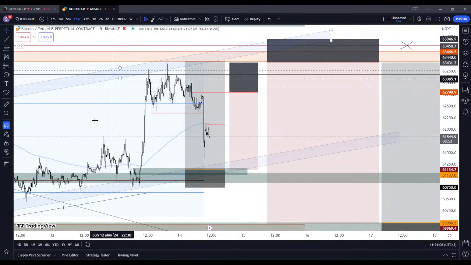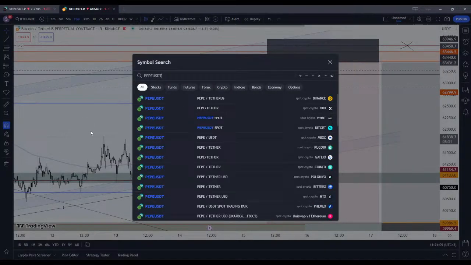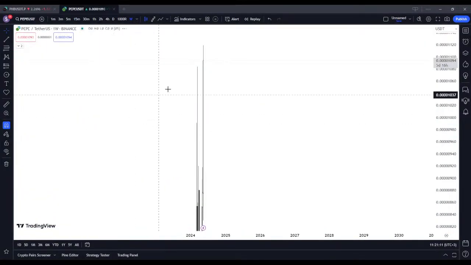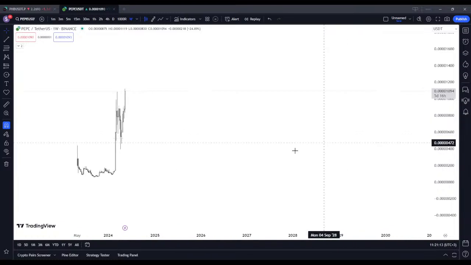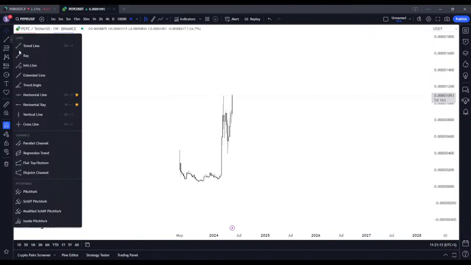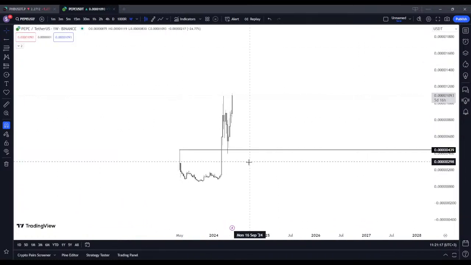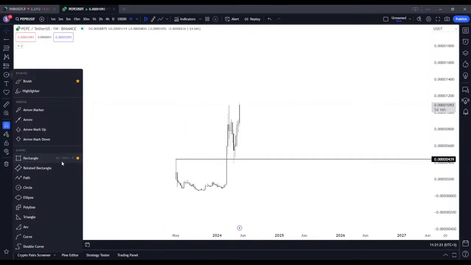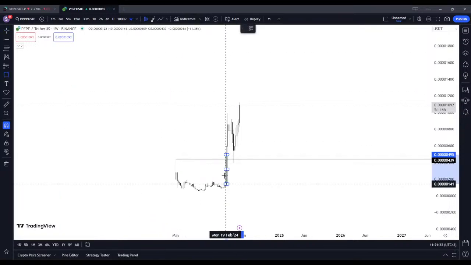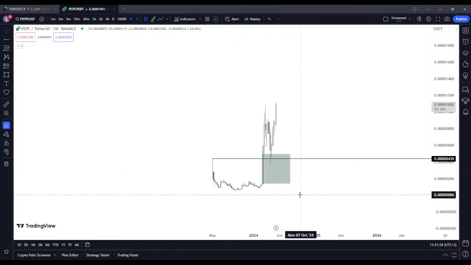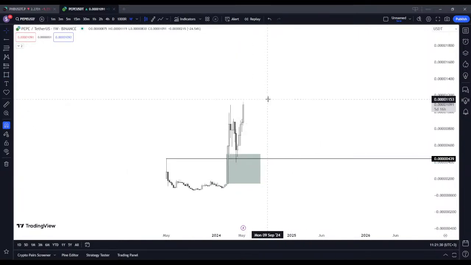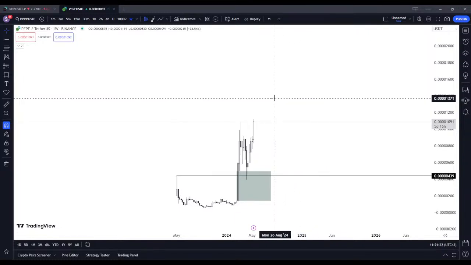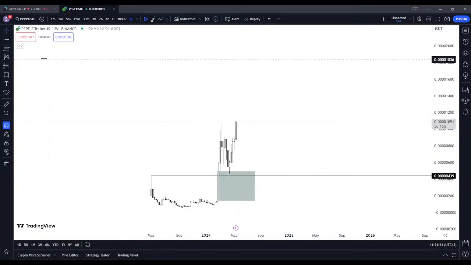Definitely. Let's check PEPE USDT. Let's see the weekly level. Well, on the weekly we had a nice retest of this previous high, a classic retest, a Wyckoff check of the previous high with a violation of a weekly FVG. So right now, Pepe is in price discovery and it's not looking bad.